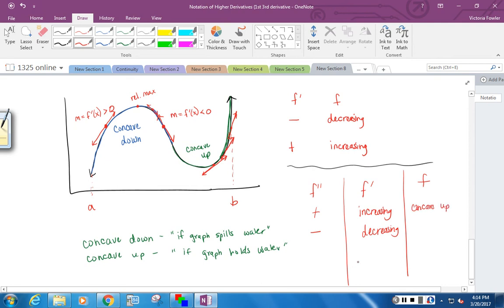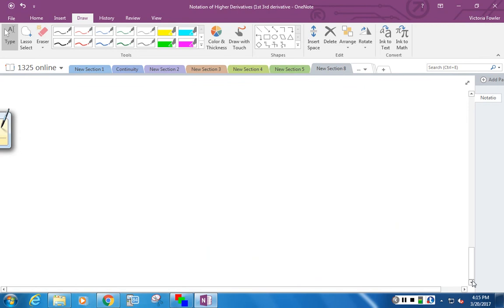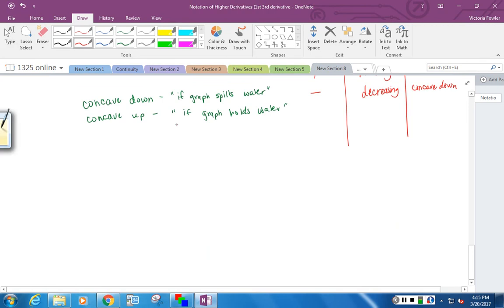And if f double prime is negative, then f is going to be concave down. Now remember, I'm working off of what's happening to that first derivative to talk about the second derivative, and all this synthesizes and makes up what we know about f. Okay? And so one easy graphic to do would be, I'm going to indicate by making like eyes,